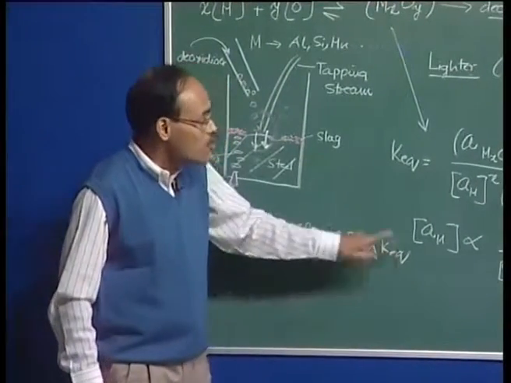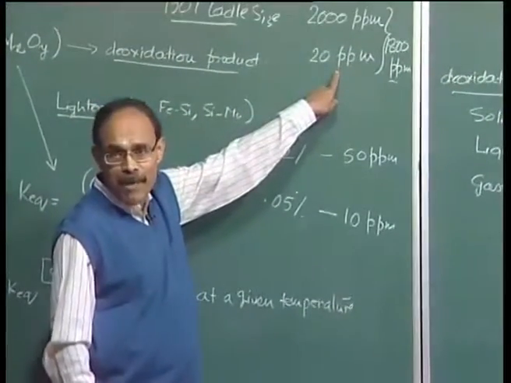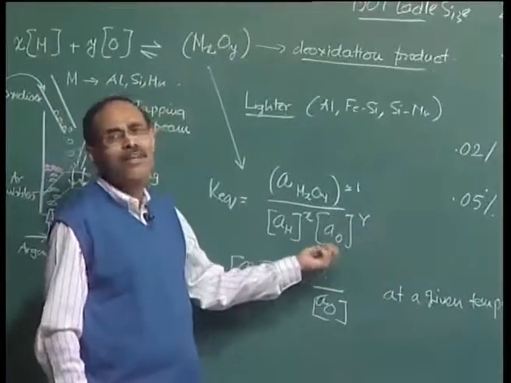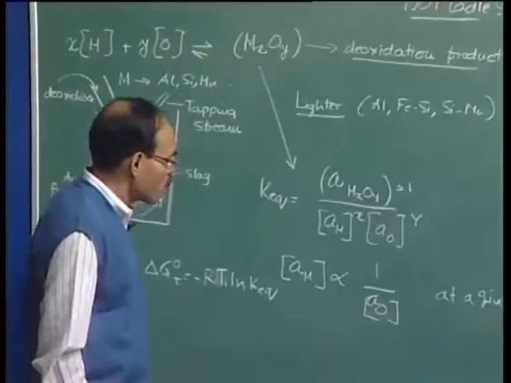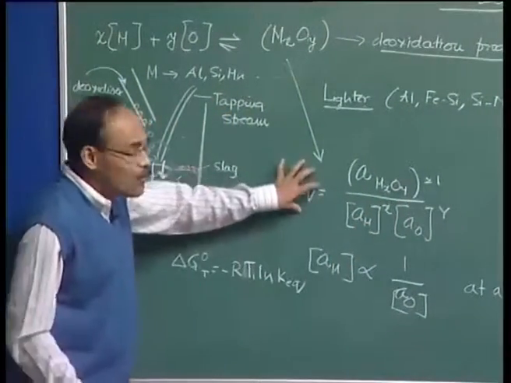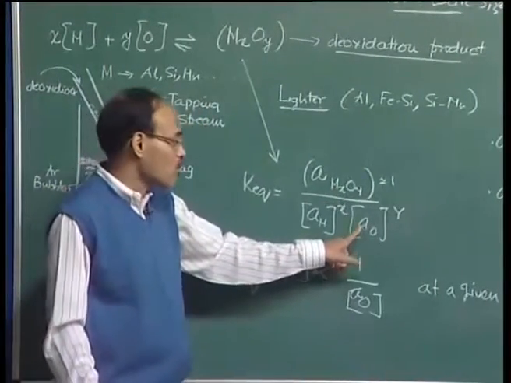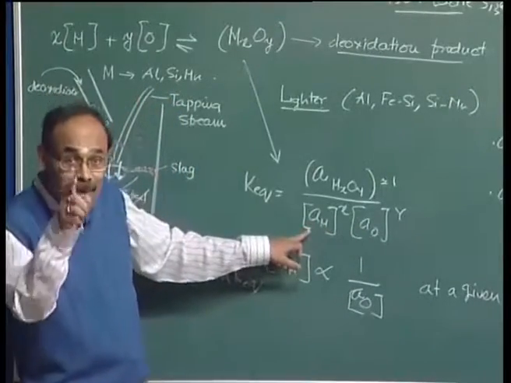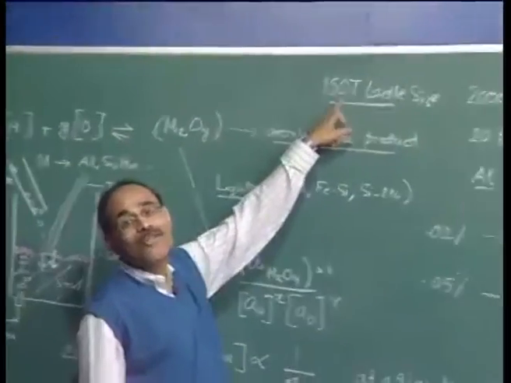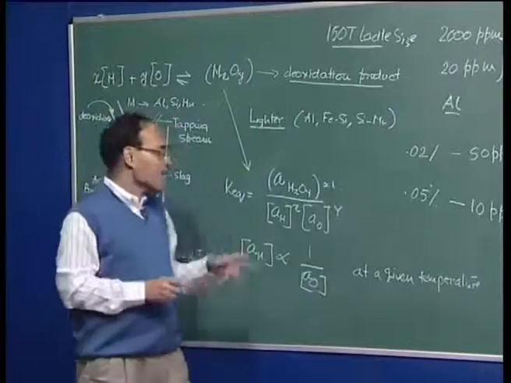So, if I know the final level of oxygen in the bath, and that final level of oxygen is 20 ppm, of course, this is to be written in the appropriate scale here. I can use a Henry activity, weight percentage scale, or whatever comes out to be convenient. Typically, the weight percentage scale suffices here. So, if K equilibrium is known, for the given value of activity or concentration of oxygen, I will be able to find out how much aluminum is there in equilibrium, and I can translate that much aluminum with reference to the 150 ton bath and say that, well, 4 kg of aluminum is there